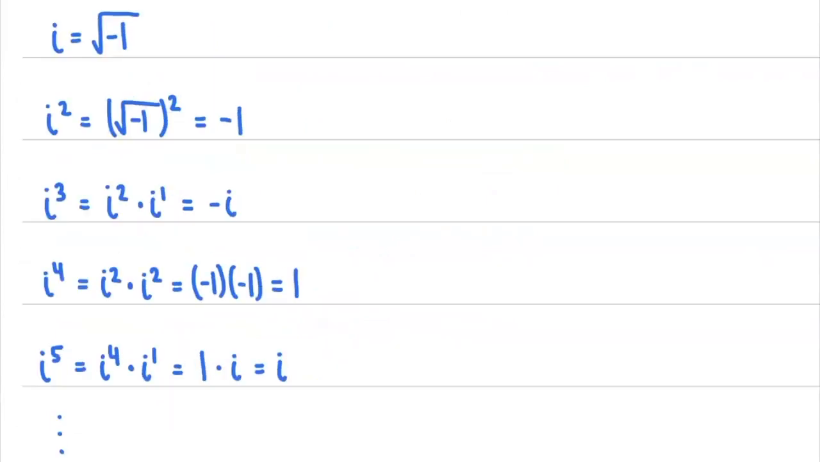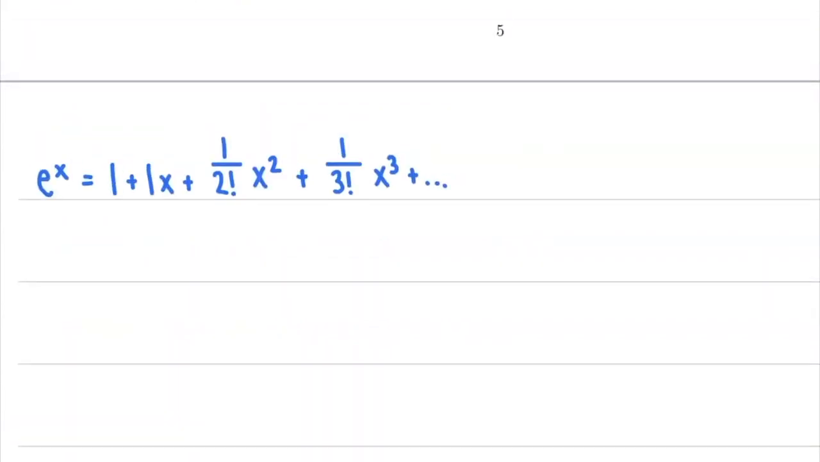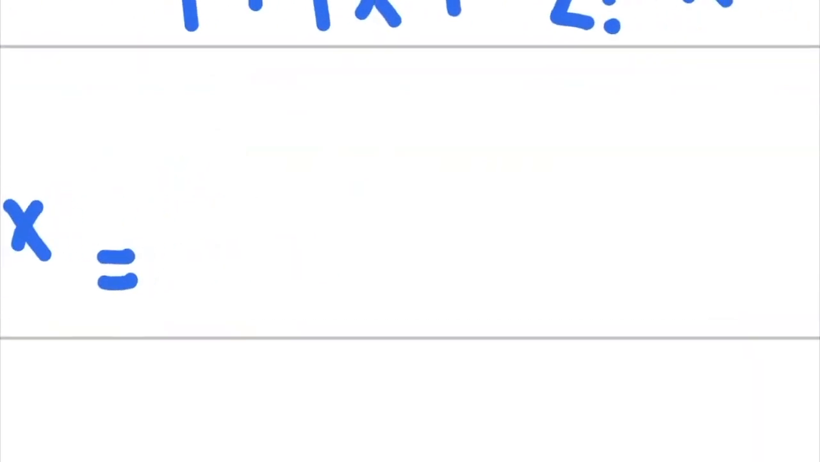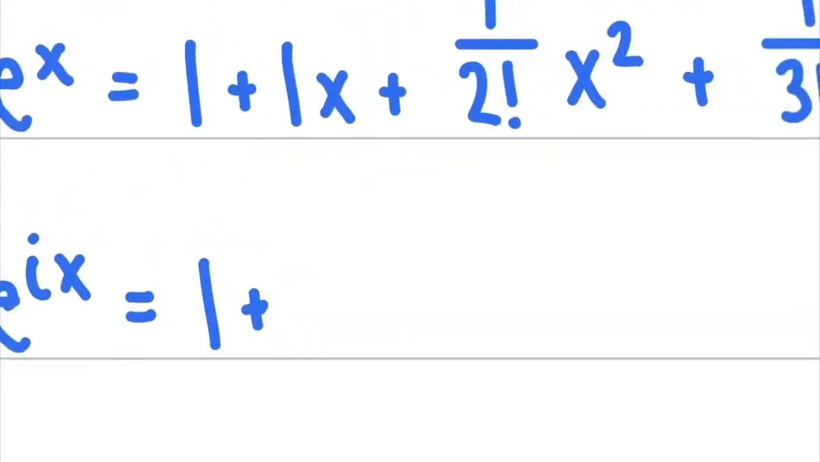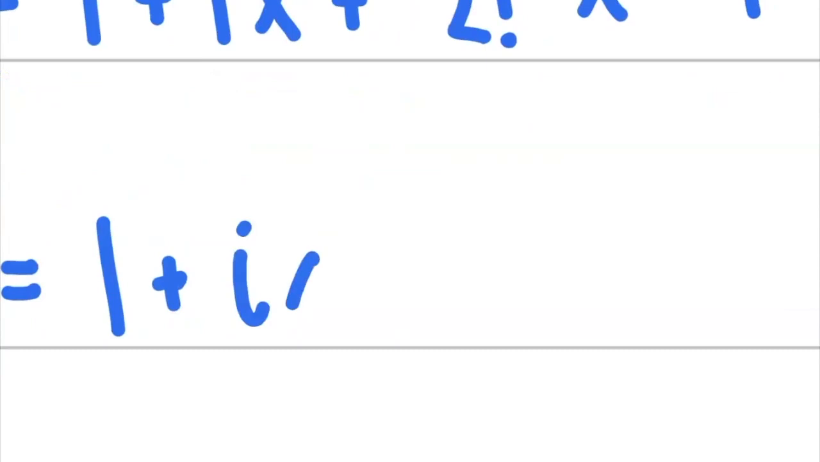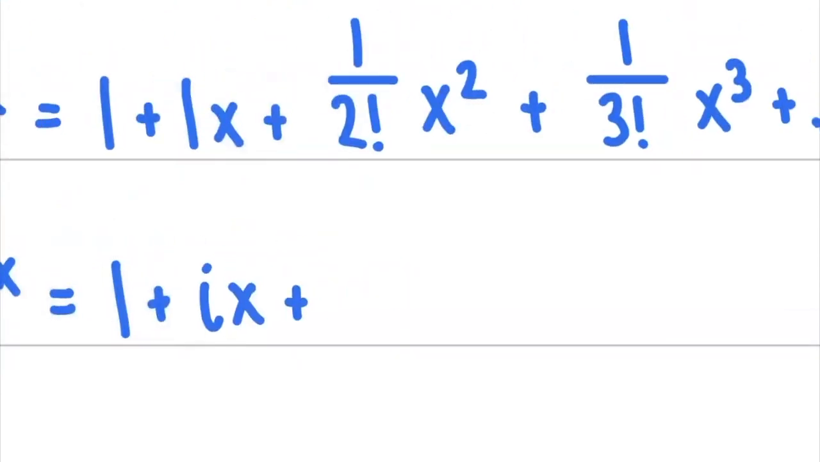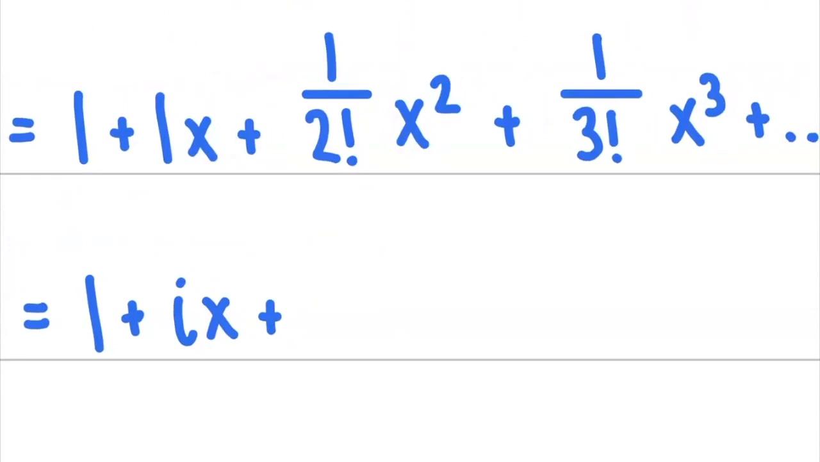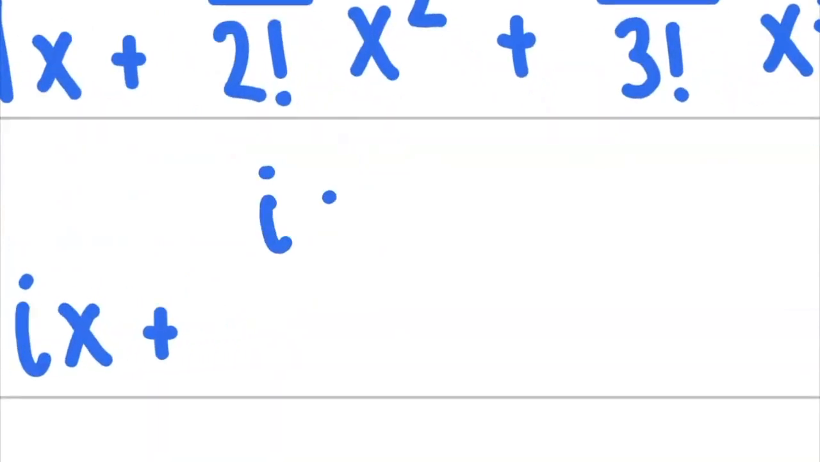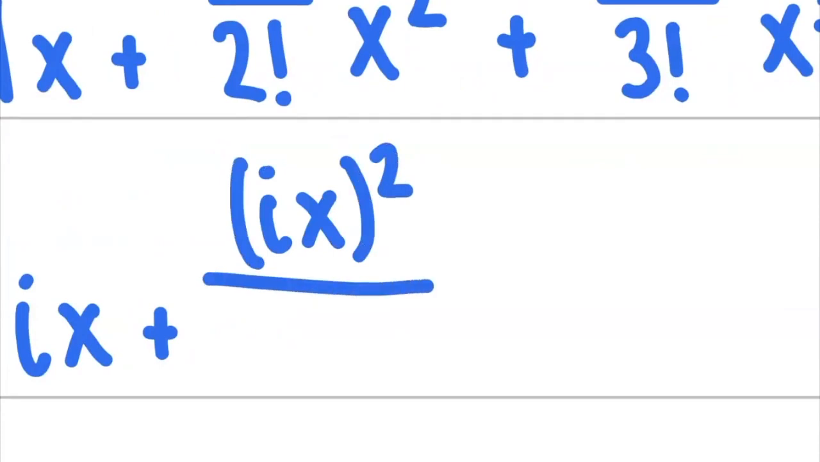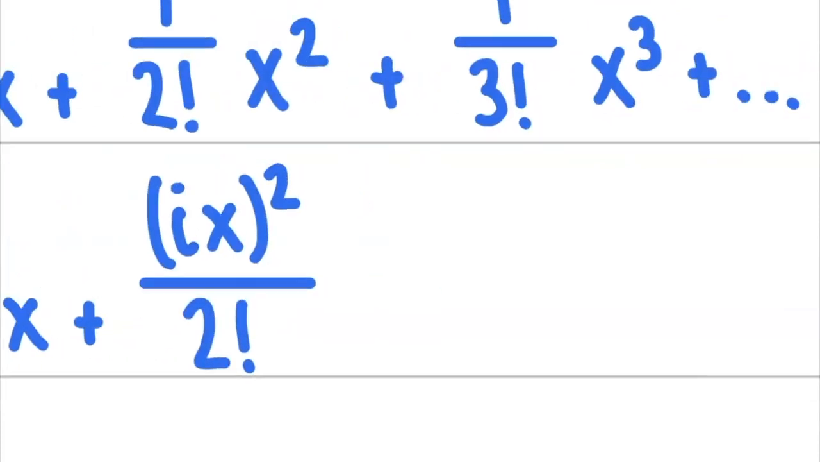For e to the ix, all you have to do is take the power series for e to the x and replace x with ix. Like, that's pretty much it. So e to the ix is going to equal 1 plus, so x is being replaced with ix now, so this is ix plus, I'm going to put this x squared in the numerator, and it's going to turn into ix squared over 2 factorial plus